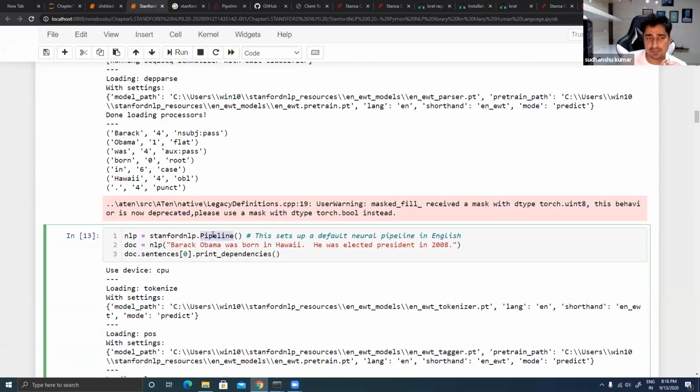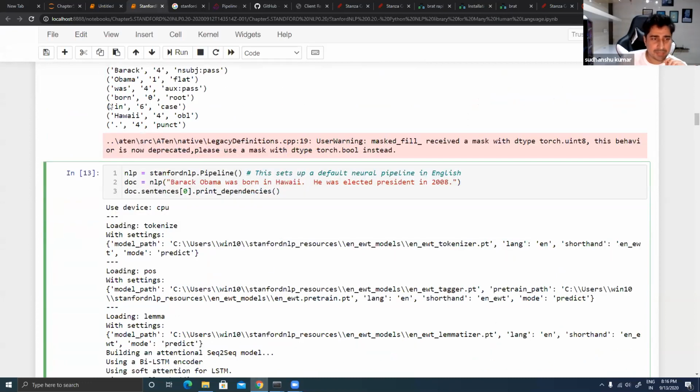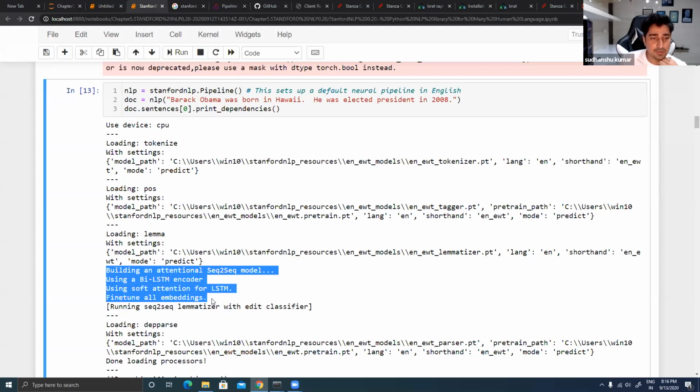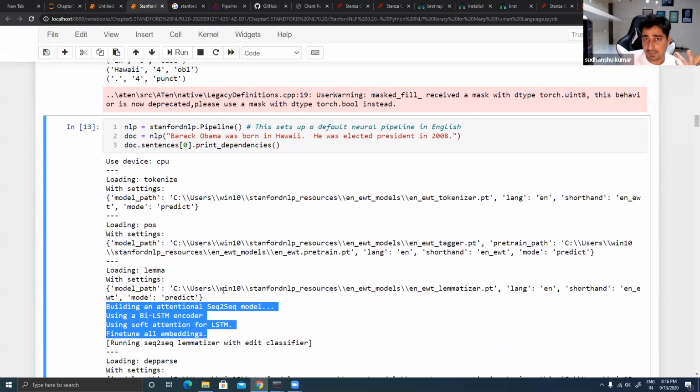Pipeline is nothing but where I can pass the text, and then here I'm trying to give my data, and then it tries to print this log. Again you can run these things on a GPU or on the CPU, depending on what kind of model you are using. And here if you look into the detail, I am saying that it is downloading a model, right? What kind of model it is downloading, what kind of training people have done, right?